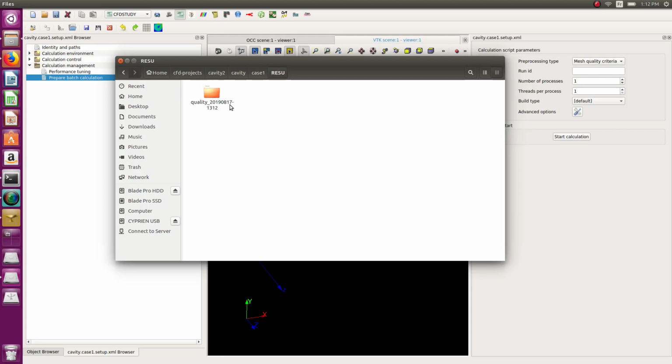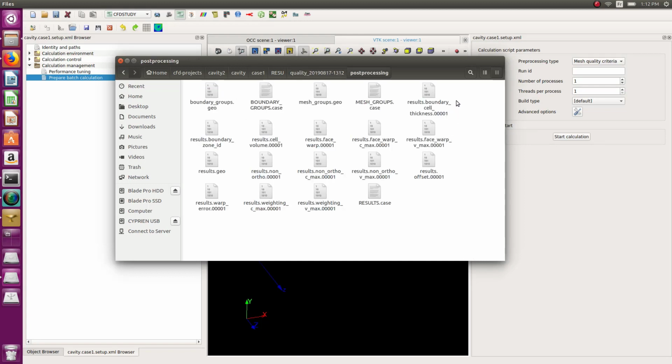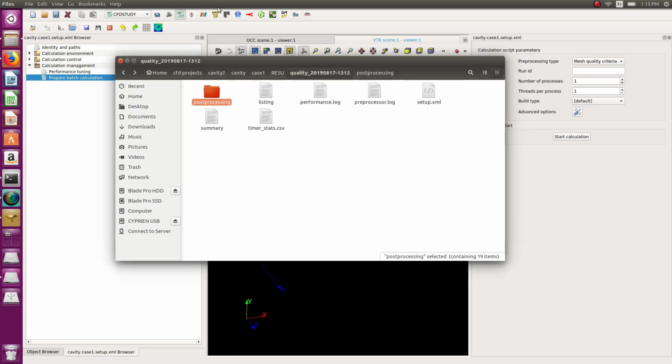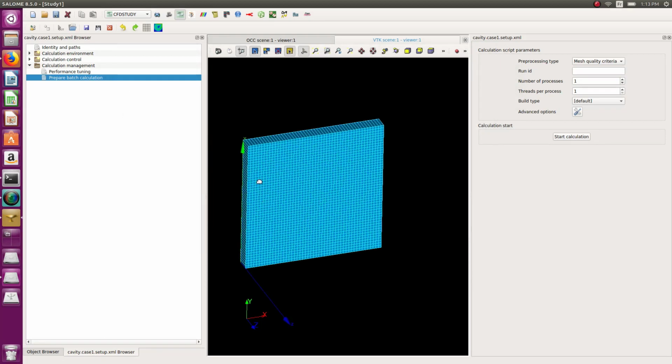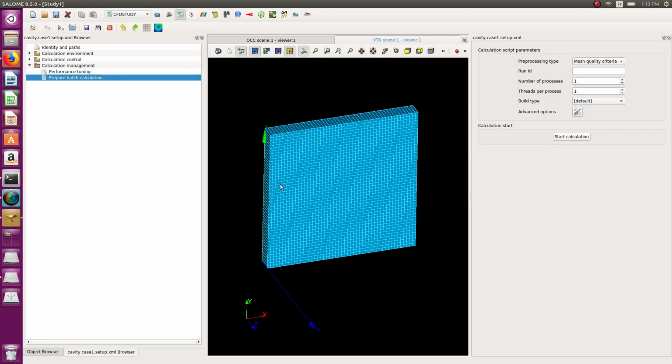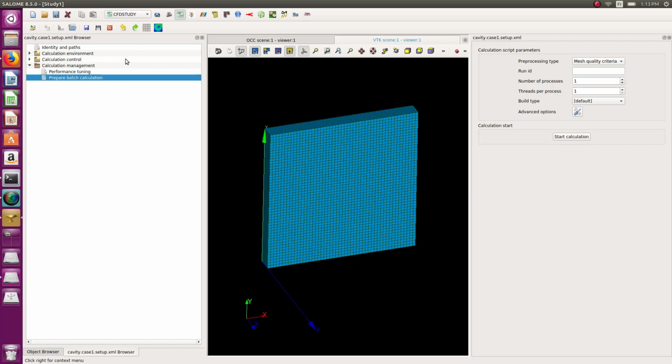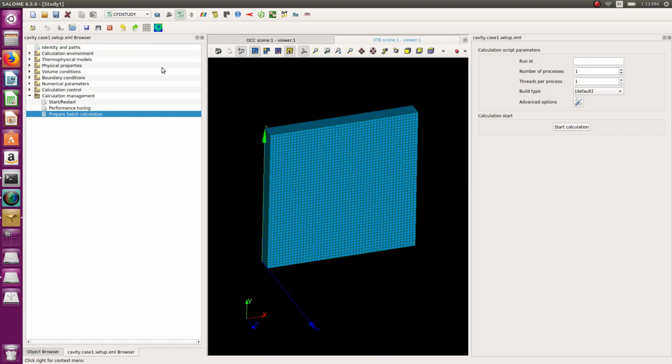You see that you have this folder which appeared, which contains quality type of information. So I won't show you what's inside those files. You could open them into ParaVis. I'll show you afterwards at the end how to post-process the results, and it's exactly the same way you can post-process those mesh results. Okay, so now I have to switch to the calculation mode,